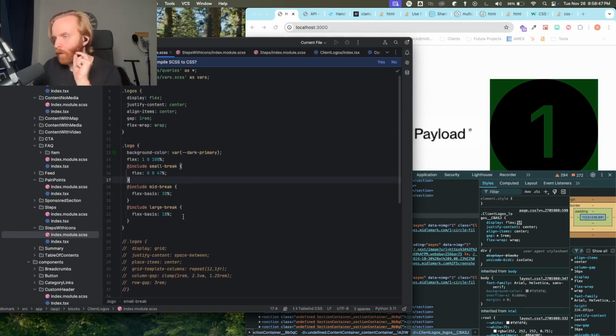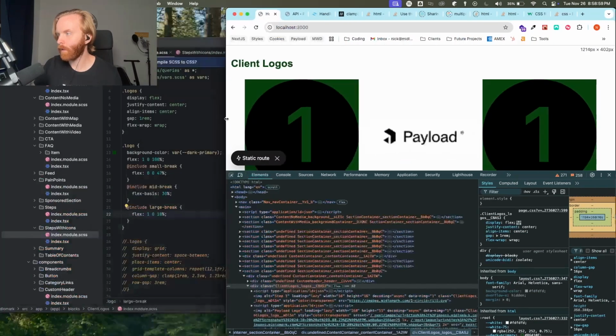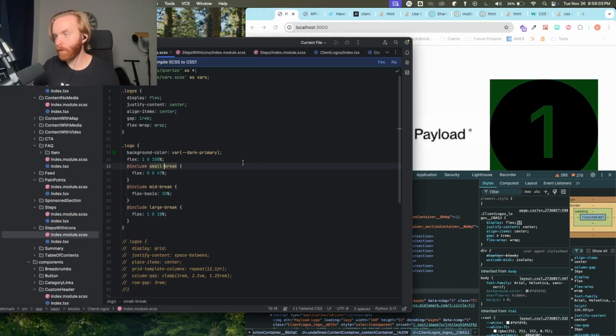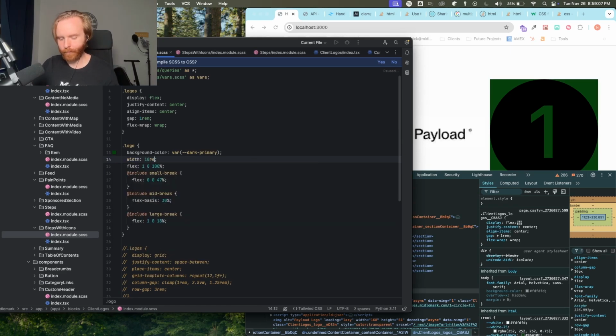So at large, though, we'll bring in the 1, 0 again. So as it gets larger, yeah. But now the logos still are too large, so I should be able to set a width of